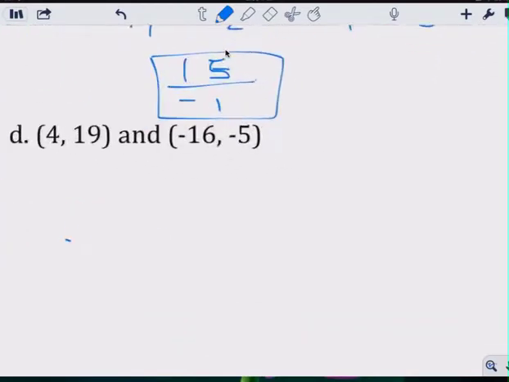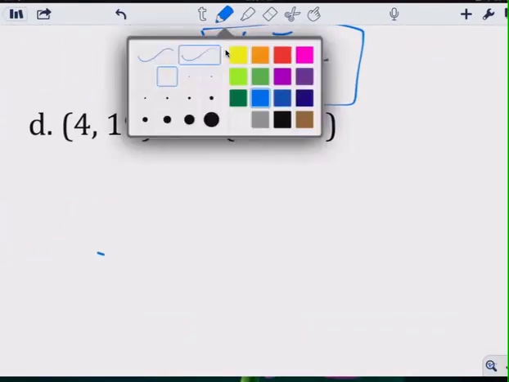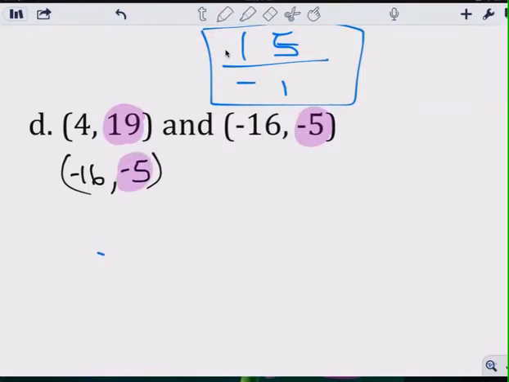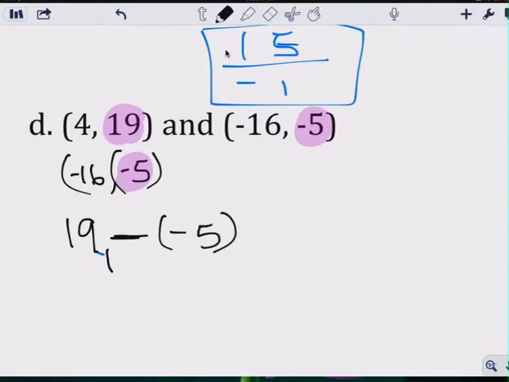Same thing here. You have the ordered pair negative 16 and 5. Do your Y's first. If this is hard for you to see, put it on the bottom. So you take the negative 5. So 19, minus, remember, and this is a negative 5. So it's a negative 5 here. Okay? That gives you,